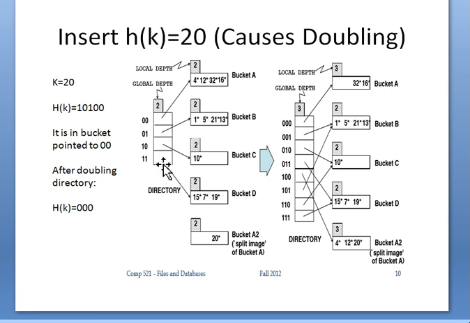If I double this directory, how many pages will I have in this directory? Here I have 4. If I double that, I get 8. In this case, how many bits do I need to identify each location? 3 bits. Then in that case, what are the bits that are identifying my search key 20, 1 0 0? Okay, here goes.